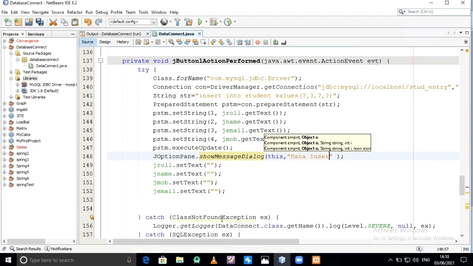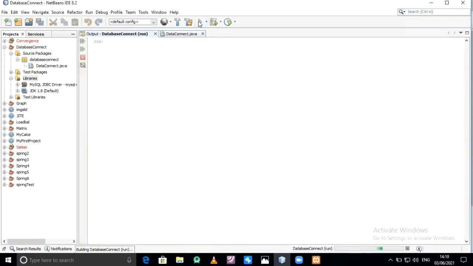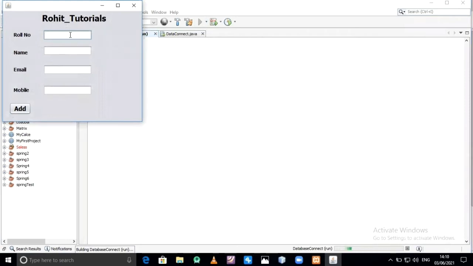Data insertion success. Save it, check whether it is running or not.